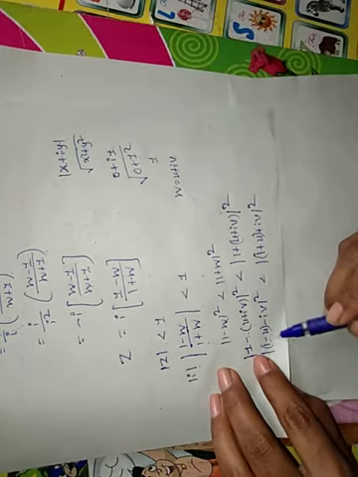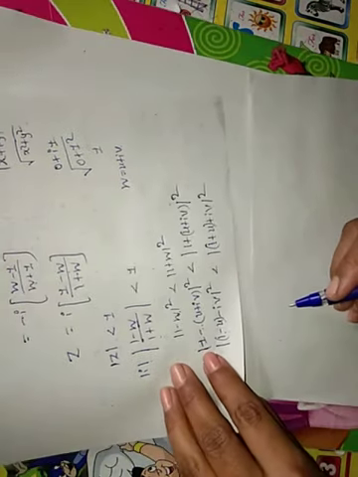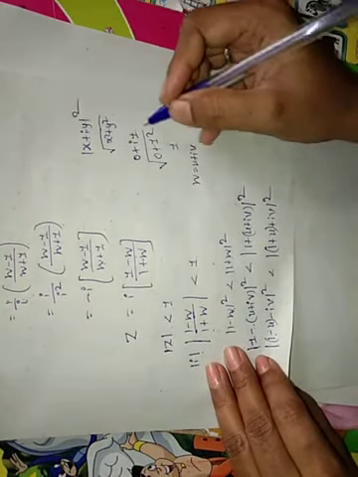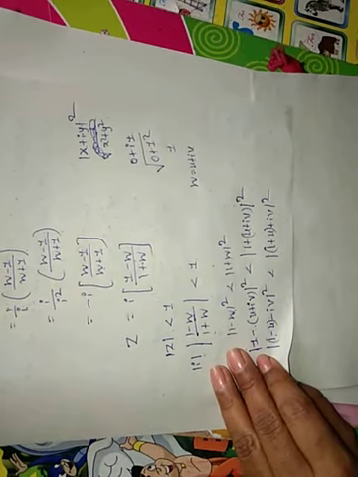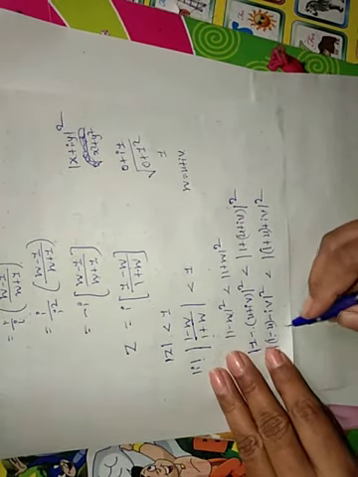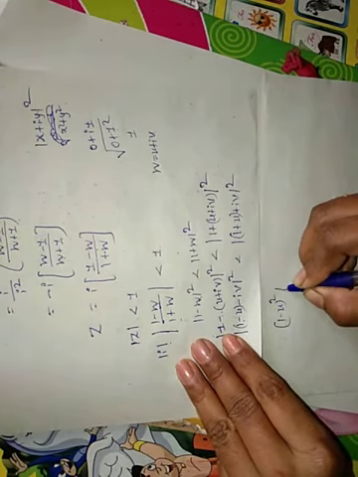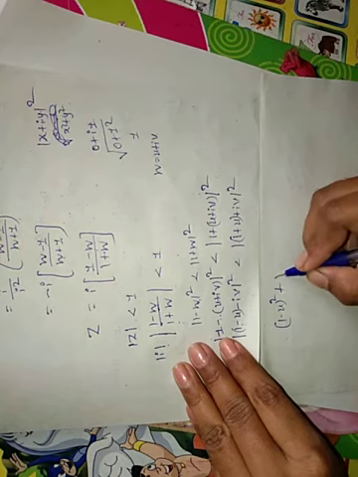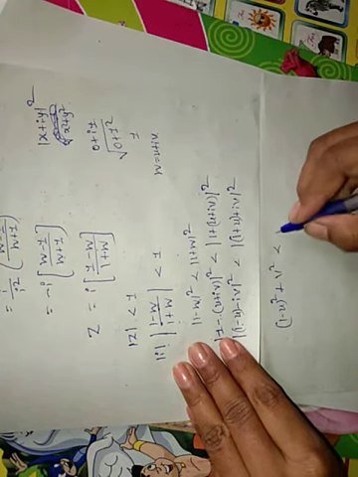Here the real term is 1 minus u, and the imaginary term is minus v. Clear? The whole square is just to cancel the root: x square plus y square. So, (1 minus u) whole square plus (minus v) whole square, which is plus v square, less than (1 plus u) whole square